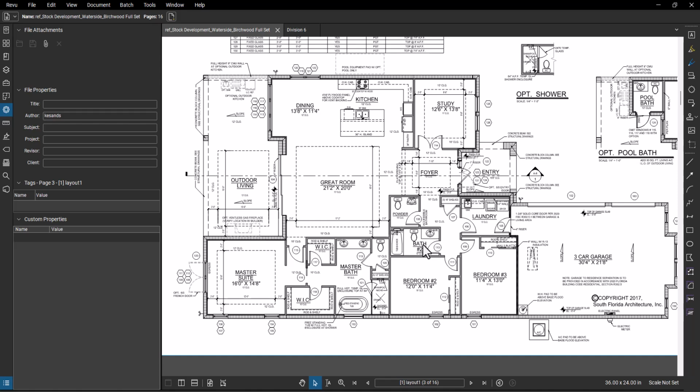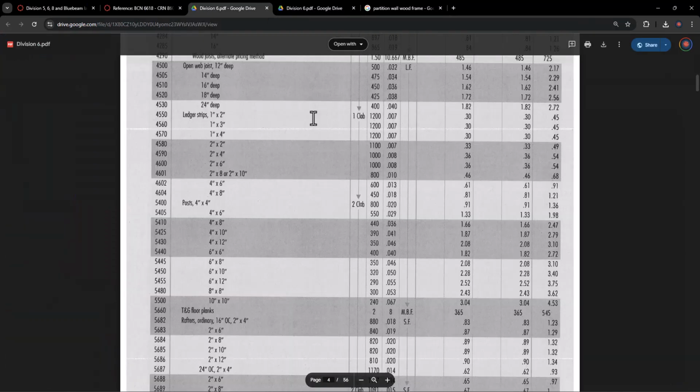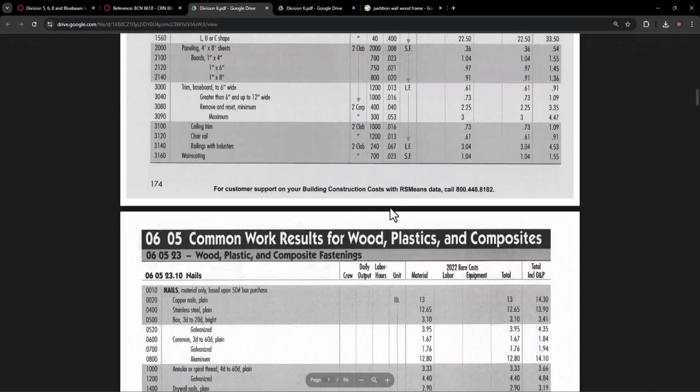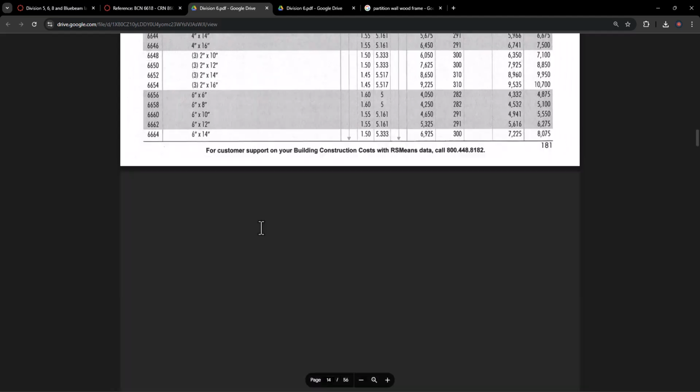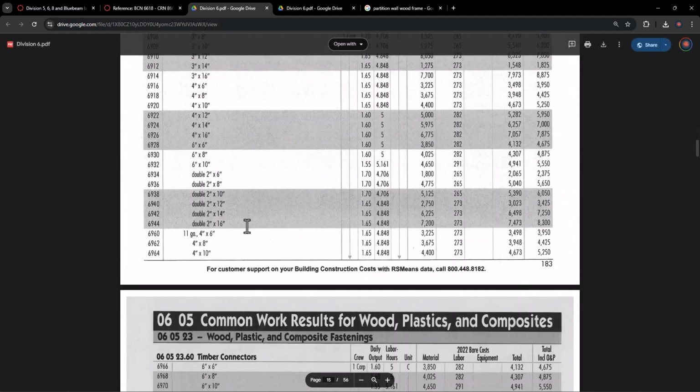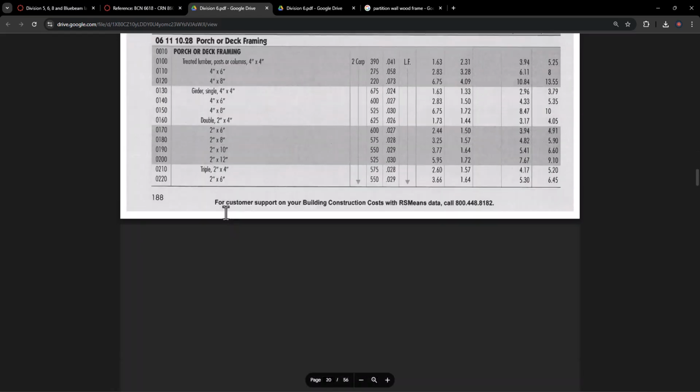However, imagine if you need to deal with a big project with a lot of walls, then counting individual pieces of each wall will take a lot of time, and that is not worth the effort. So what we need to do is choose a good code that can help us do the cost estimation more efficiently. If you go all the way to the bottom here, you can see for the partition wall, the connector bracing, and if you go to